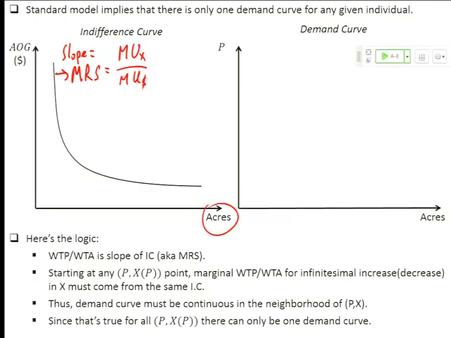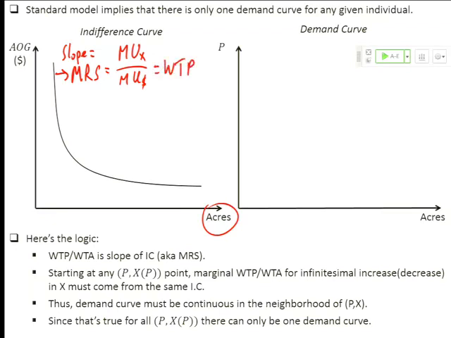Now, you don't have space on the slide for this, so I'll just put it on the board. The marginal utility of X over the marginal utility of dollars. Marginal utility is the partial derivative of the utility function with respect to good X, and then we divide that by the partial derivative of the utility function with respect to dollars. Now, this is abusive notation, but it is conceptually valid. We can treat this as if it was a mathematical expression, and we wind up with that being equal to the partial derivative of dollars with respect to good X. That is dollars per acre. That's willingness to pay. How many dollars per acre are you willing to exchange for forest land? So the slope of this thing is your willingness to pay.